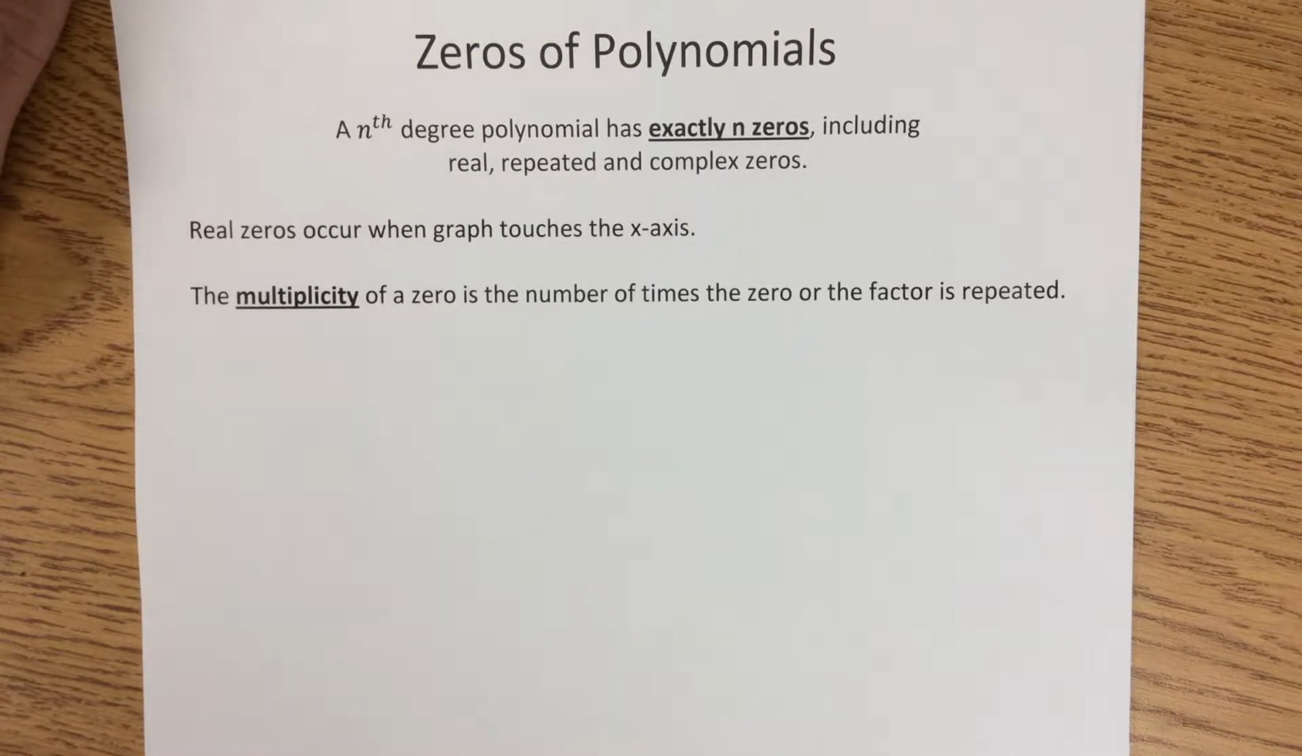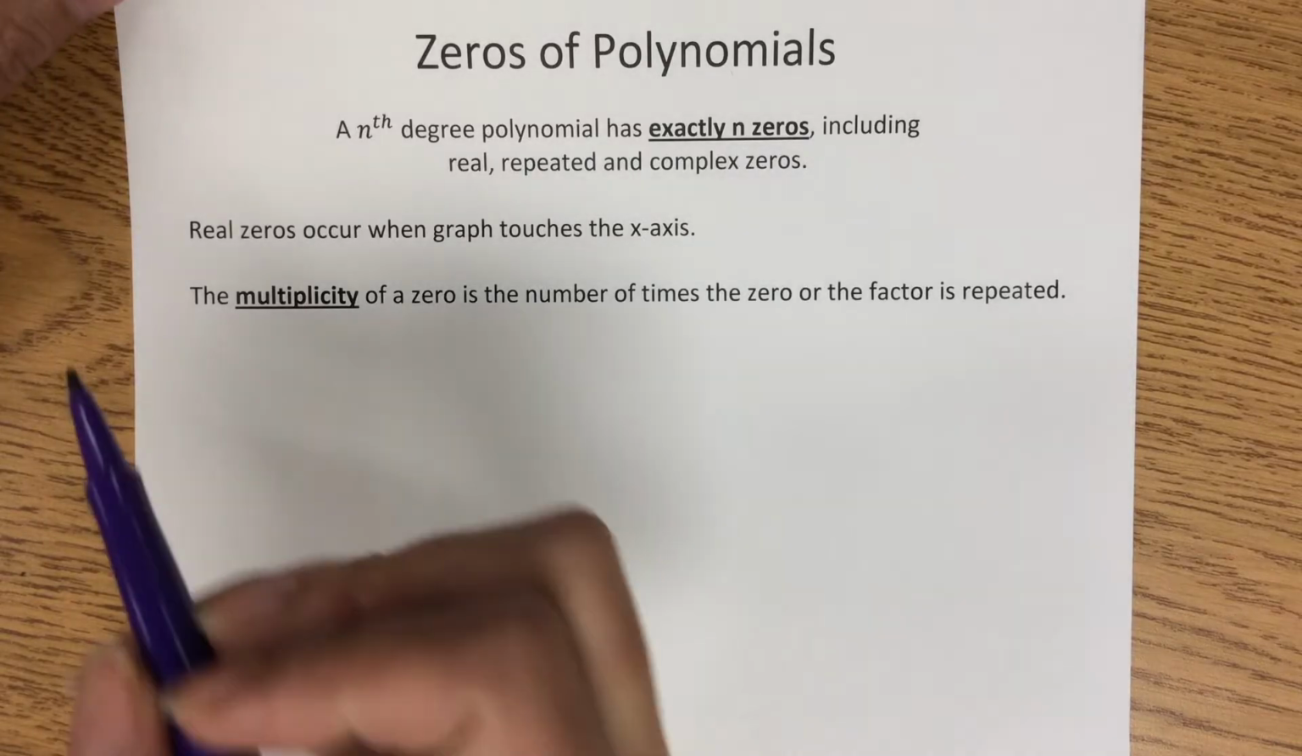Zeros of polynomials. These are our solutions to our polynomial functions. When we set the function equal to 0 and solve for x, what do we get? Now, our degree will tell us exactly how many zeros we should have. However, some of these zeros might be complex, and therefore they would not cross the x-axis. Remember, only real zeros